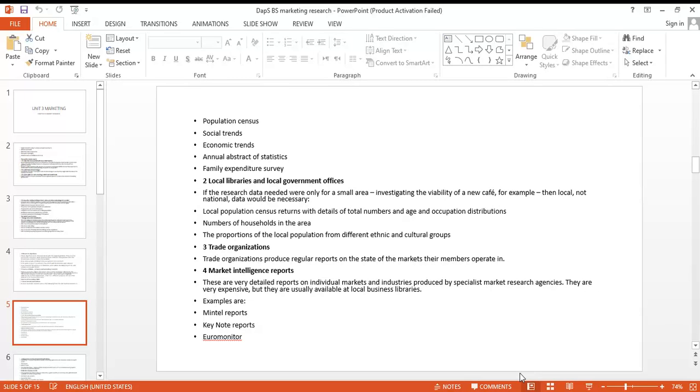Second thing, libraries. Please do keep in mind the largest library in the world is the Library of Congress in the United States. You can get any information from there. You can get any information from the Cambridge Library and from Oxford Libraries. Libraries are a treasure trove of information. Some are run by the government, others are private, but they contain publications, research, books, everything you can get from there.